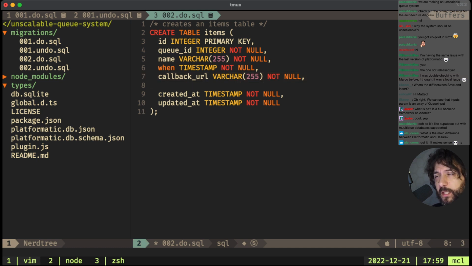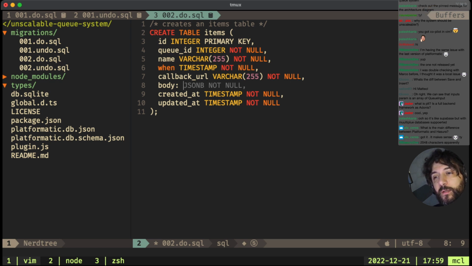Then I want the body, as this is SQLite, and SQLite does not have JSONB. So, yay, 2048 characters apparently. Thank you, Rob. This is actually fun. Okay. Then this is a text field. I am storing it as text and don't care about it right now.